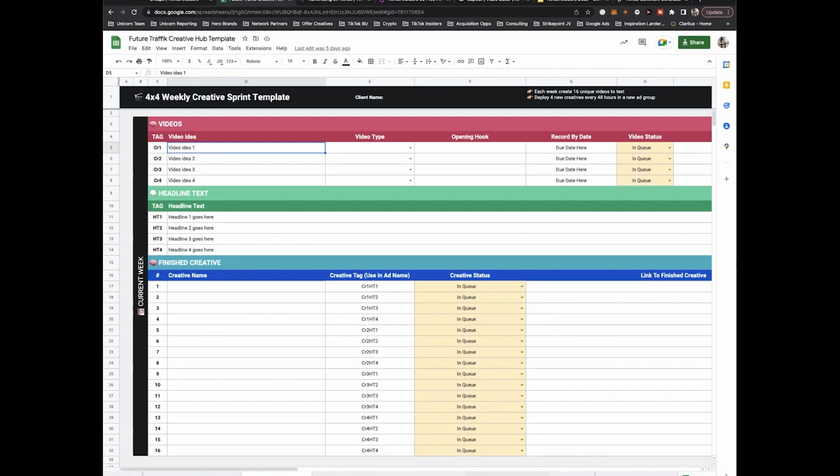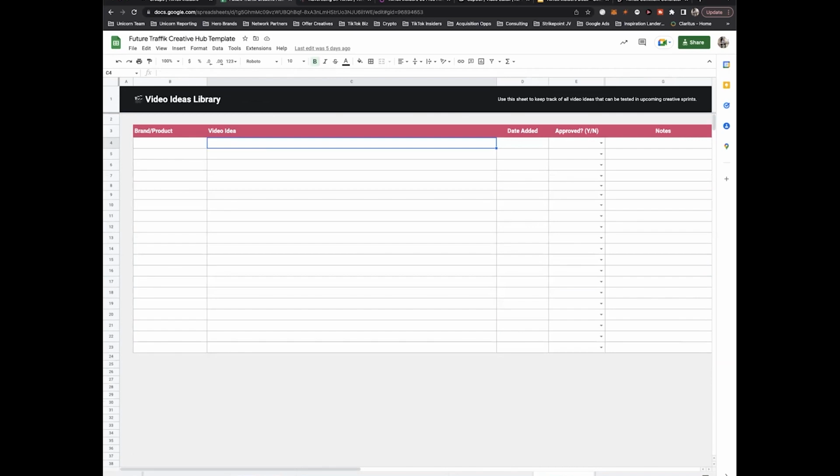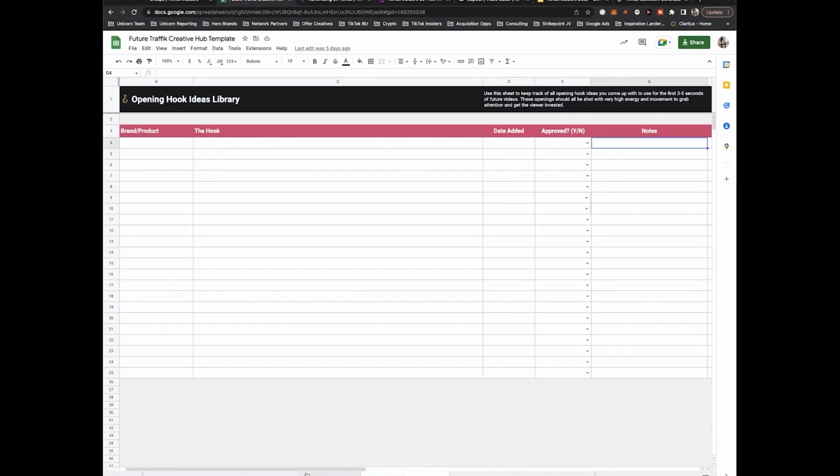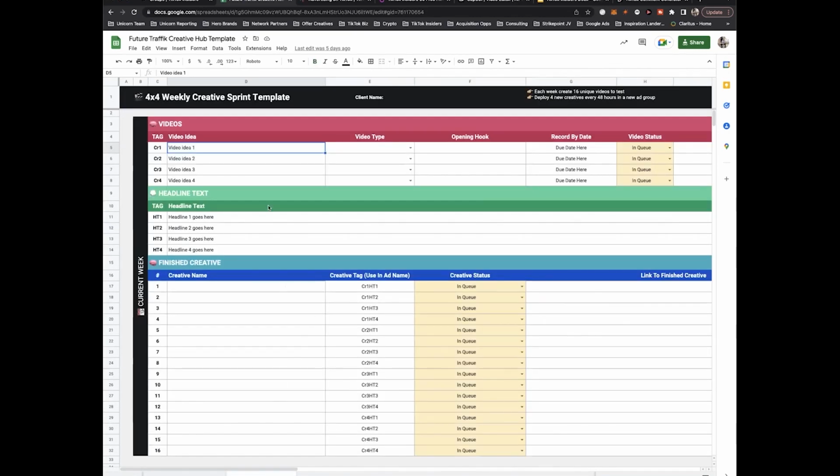And remember, last training, we talked about these different libraries where we're storing the ideas. So all the time they're storing video ideas, text overlay ideas, opening hook ideas. They're basically then using this sheet to move in and prioritize. Here's the 4 we want to test this week. So here's 4 video ideas that we're testing. Here's the type of video it's going to be. And we're going to talk about these different styles in the demos, the examples we're going to look at.